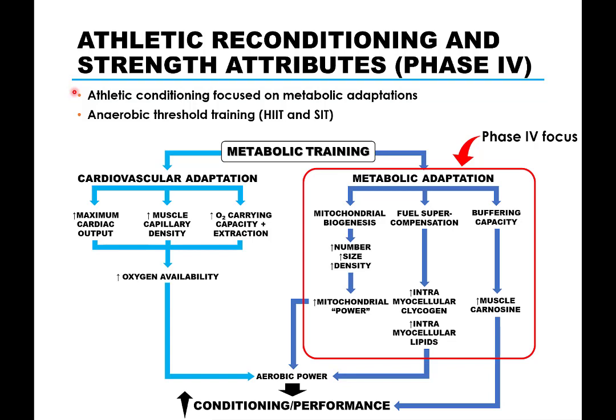So as I said earlier, anaerobic threshold is one of the two components of aerobic power, the other being aerobic capacity, which is quantified by VO2 max or maximum oxygen consumption rate. Anaerobic threshold is quantified by two common variables that can be tested in the laboratory: lactate threshold and ventilatory threshold. Now, we won't spend time talking about these variables and how to measure them in this class, but this is a major topic for your advanced exercise physiology course, especially the lab component of that course.